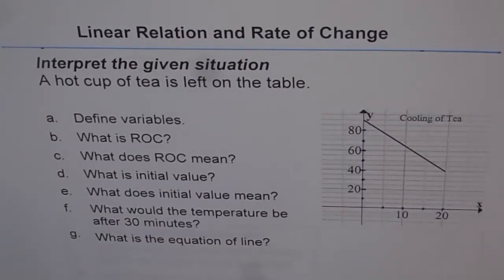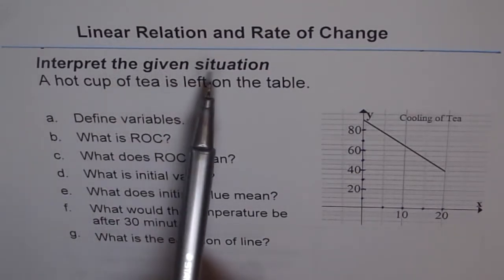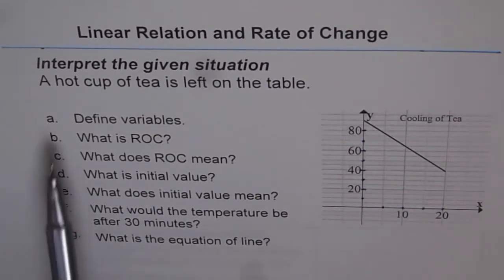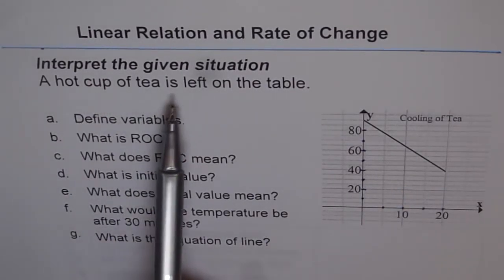Here is another example which relates linear relation and rate of change. So study the graph and answer the questions as we have been doing in these set of videos. So what you need to do here is interpret the given situation. The situation is given here in the graph, and it says a hot cup of tea is left on the